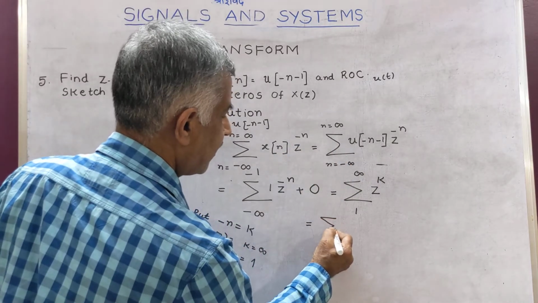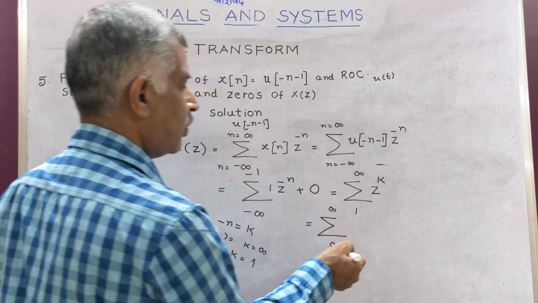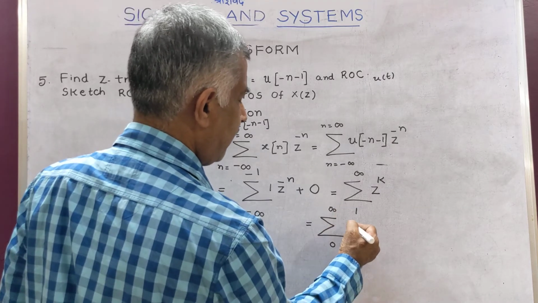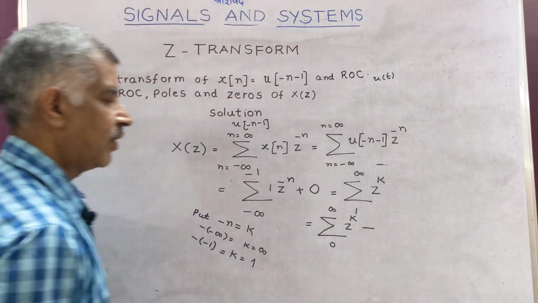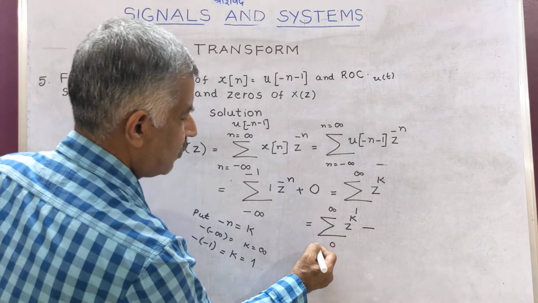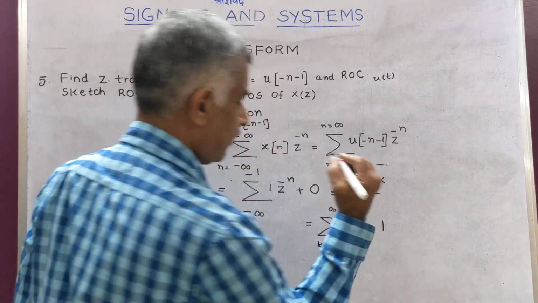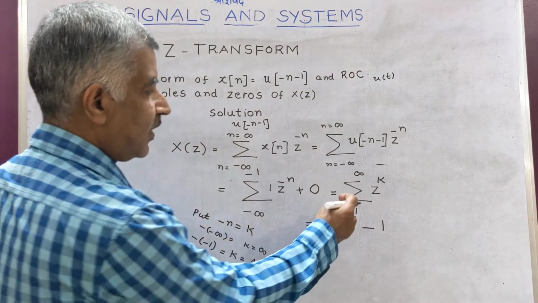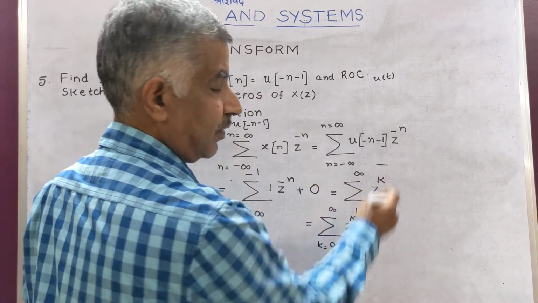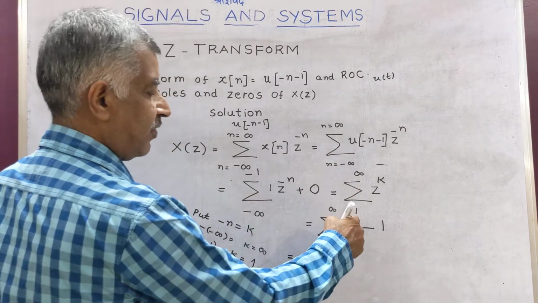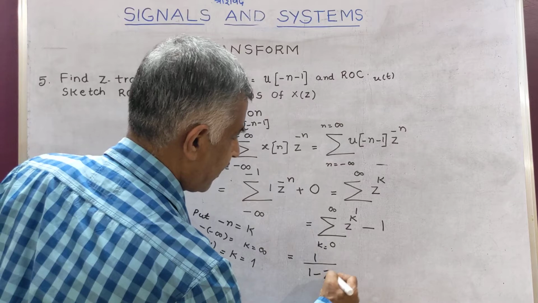Before finding the summation, it is from 1 to infinity. Now I will rewrite it as 0 to infinity, first including 0, of z to the power of k. Then I will subtract the term corresponding to k equal to 0. K equal to 0 means z to the power of 0, which is 1. So take the limit from 0 to infinity and subtract 1. Now, geometric series: summation of z to the power of k is 1 over 1 minus z.